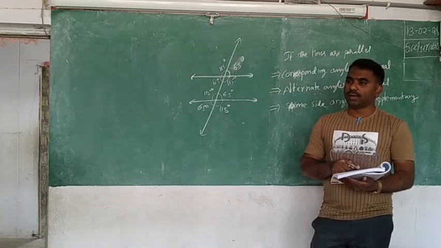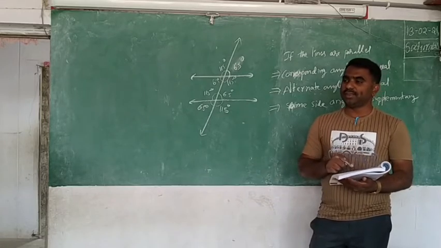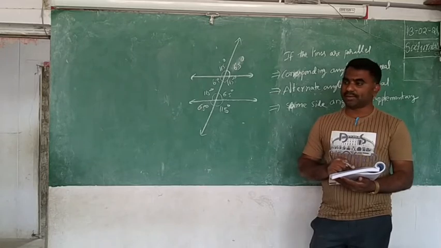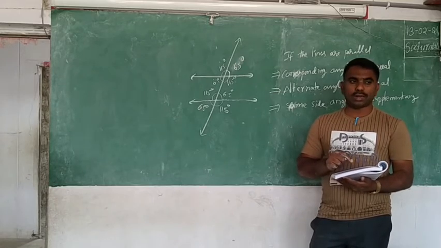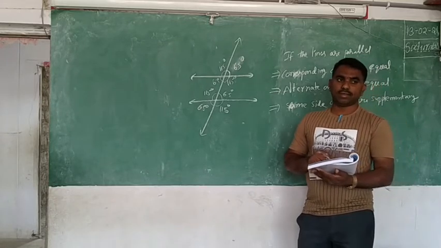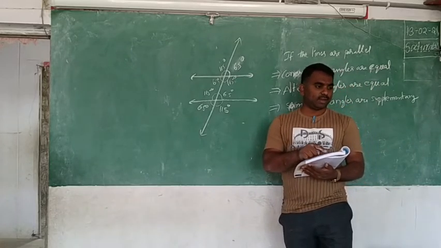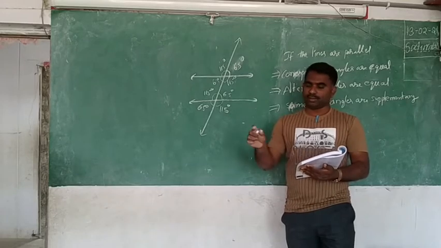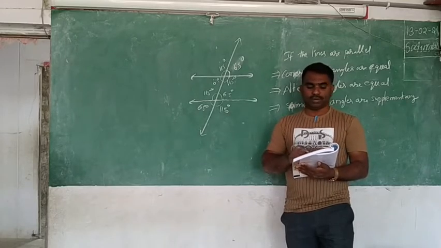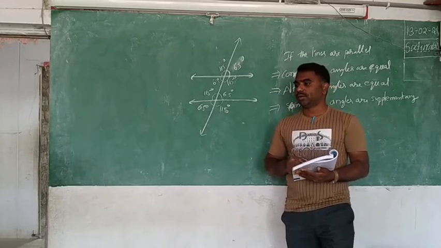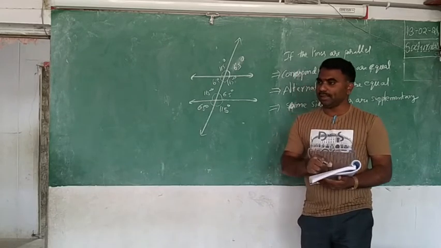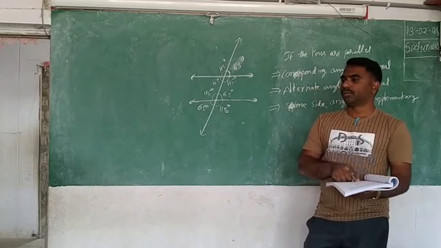So what angles do you need to measure here? Because L and M are parallel lines and P and Q are non-parallel lines. One angle in the one set, one angle in the other set you can measure. If your protractor is not perfect, then produce the line and check it. After measuring, you write it down here.